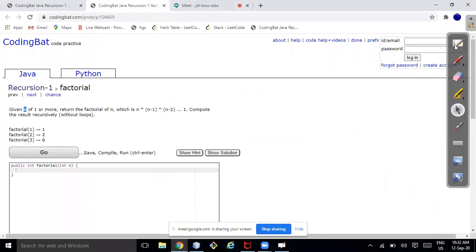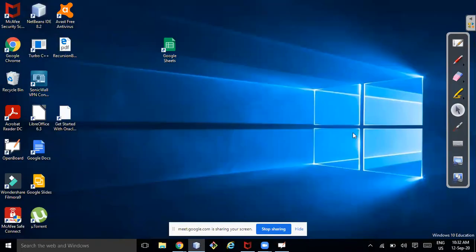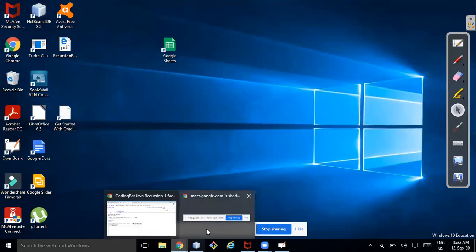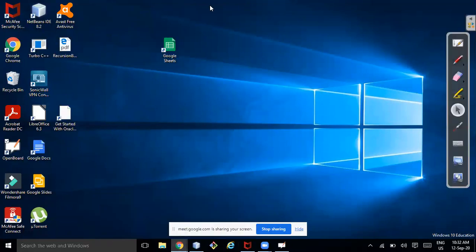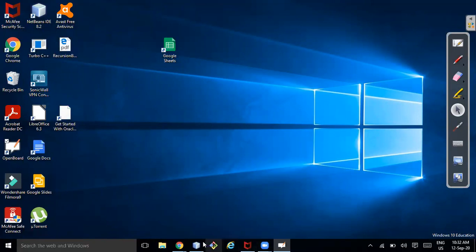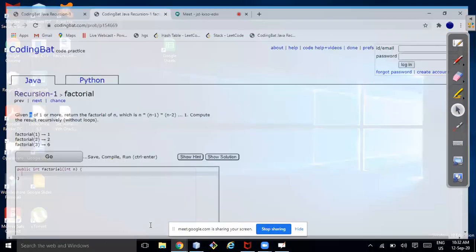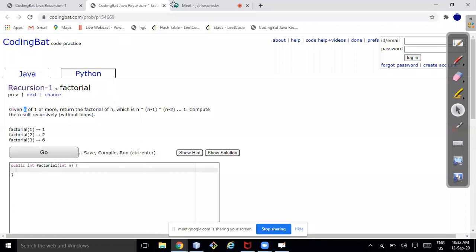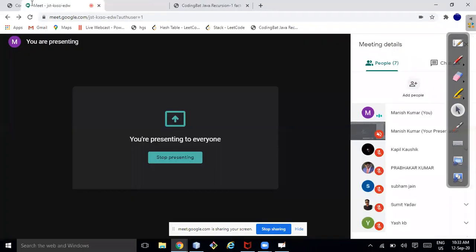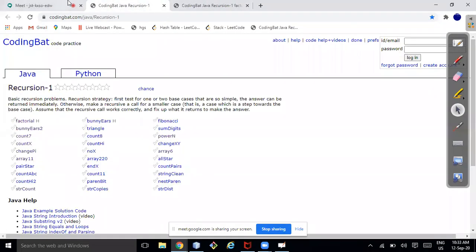Just write the code for this factorial only. You have 5 minutes. You can write. I think I have already explained, so you can write it easily.